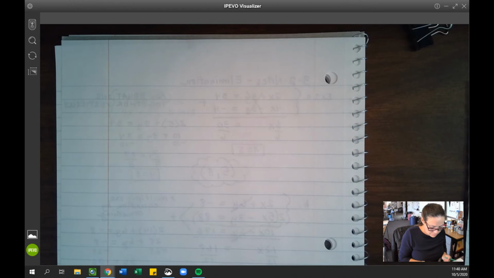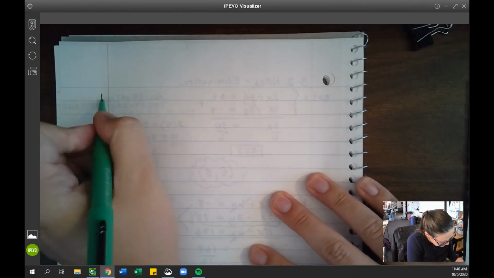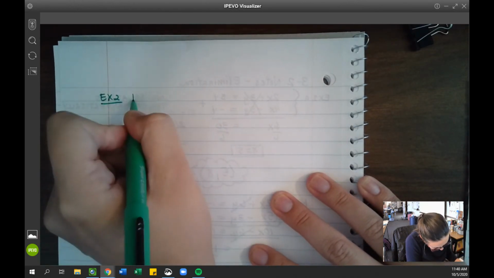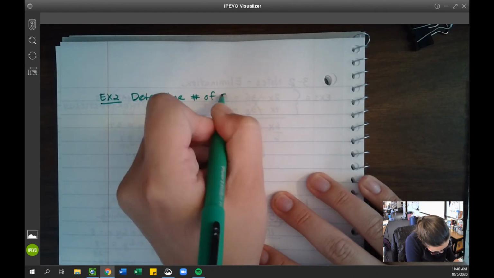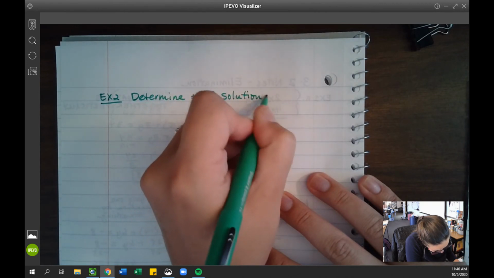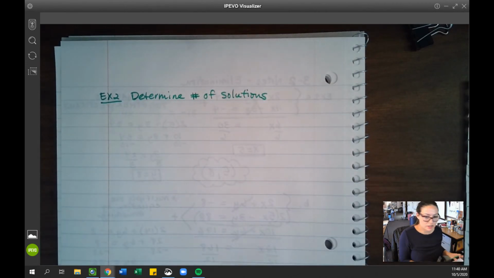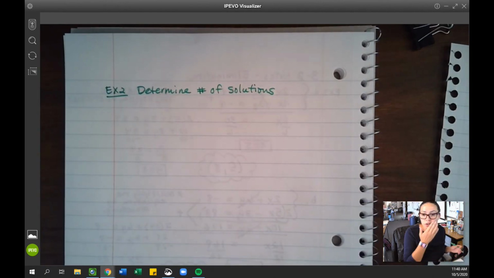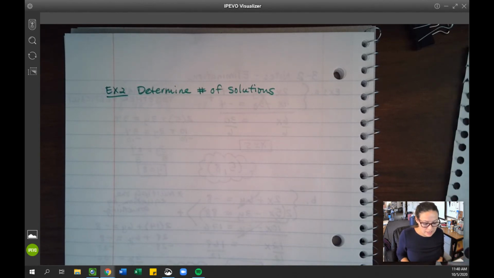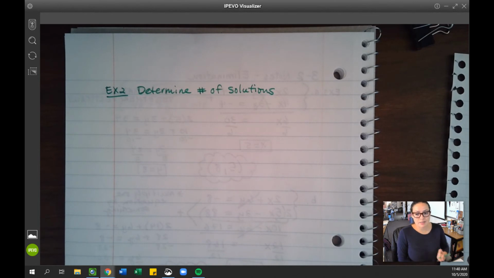All right, so let's try something else. We are going to determine the number of solutions. So remember, a system can have one solution, which all of the examples that we've done so far had, an x and a y that worked for both equations. Some systems have no solution, 0 solutions, and some have infinitely many solutions. And we know what that looks like if we graph the lines, but what happens if we're solving by elimination